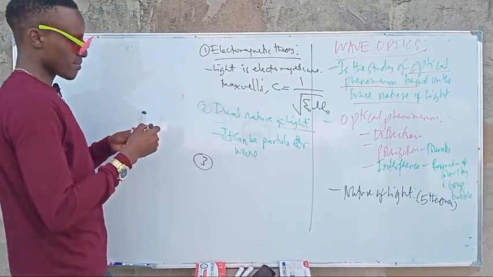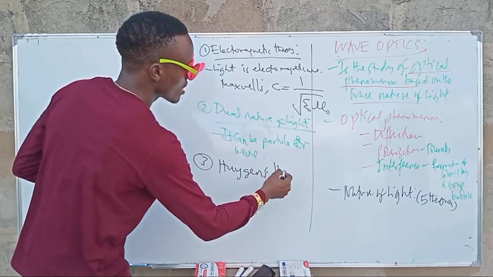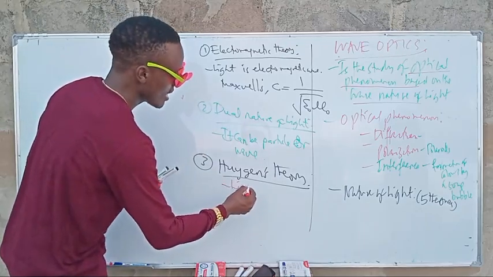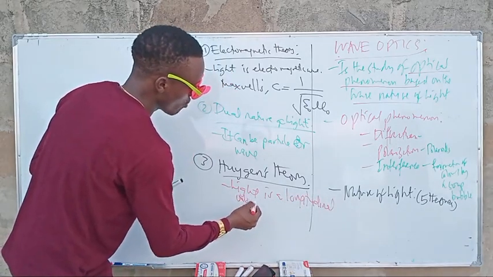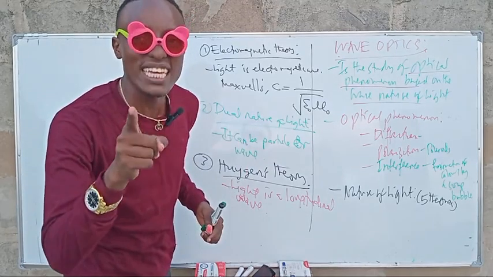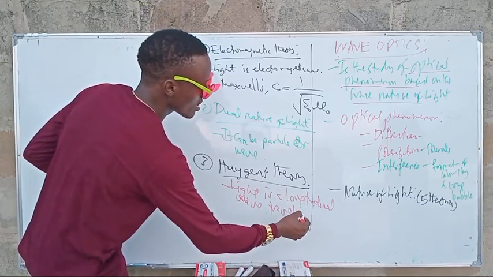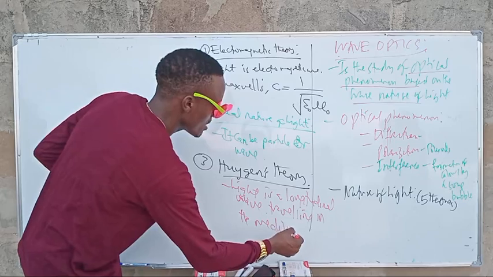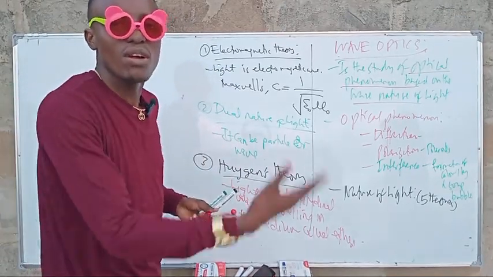The third thing is about Huygens. Huygens' theory. He also explained that light is a longitudinal wave. Light is just a longitudinal wave that tends to move in a medium called the ether. It's not an organic ether that you know. So light is a longitudinal wave traveling in a medium called the ether. So Huygens believed that light is just a longitudinal wave traveling in a medium called ether,